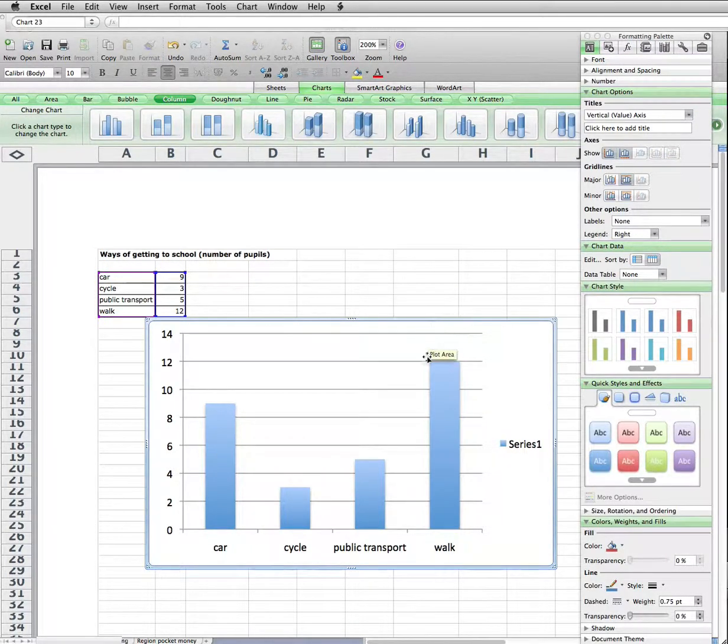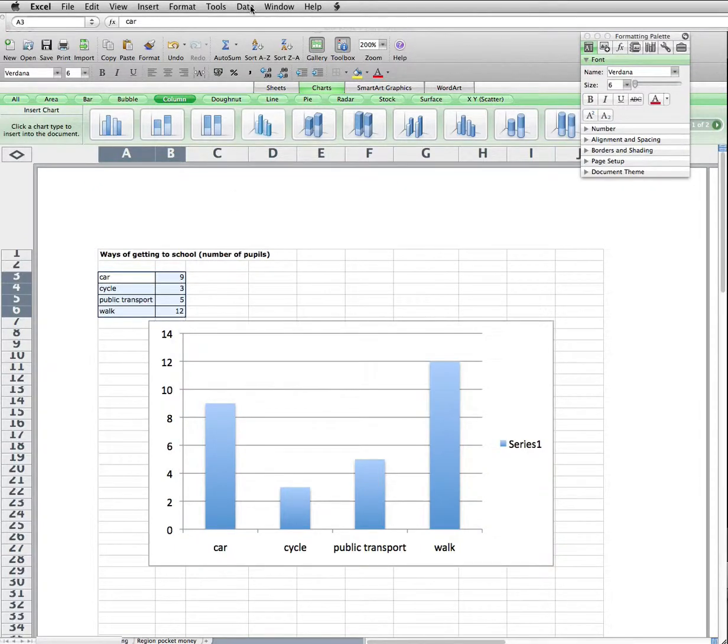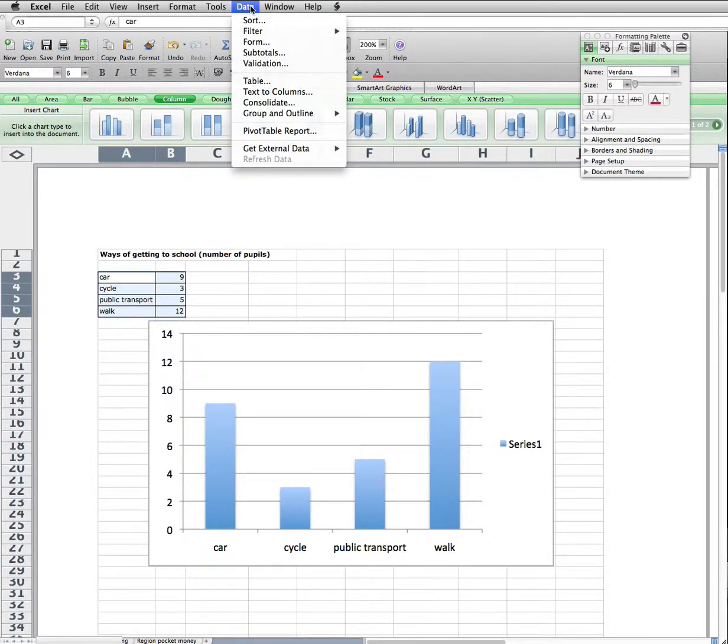Now, one thing I've noticed is that the bars of this bar chart are not in a sensible order. I can change them so that the largest frequency is on the left and the smallest frequency is on the right. I do this by sorting the data in the table. So with the data set selected, choose Data, Sort,